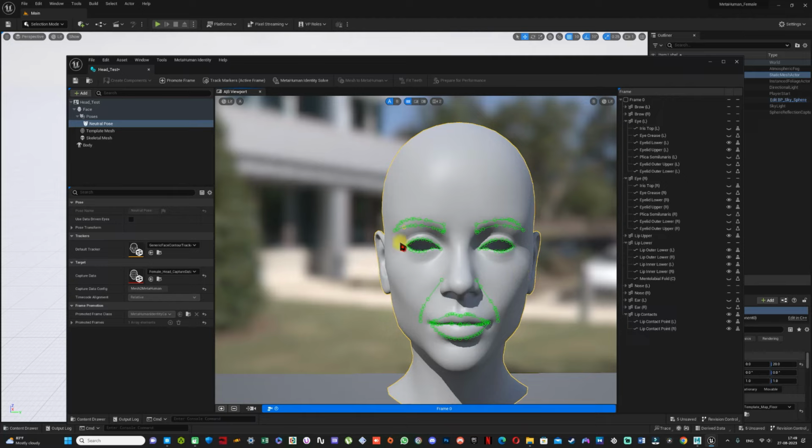Once you have completed your placements, just click on MetaHuman Identity Solve. It will calculate your trackers where you have placed them. Just wait for a few seconds. Once done,